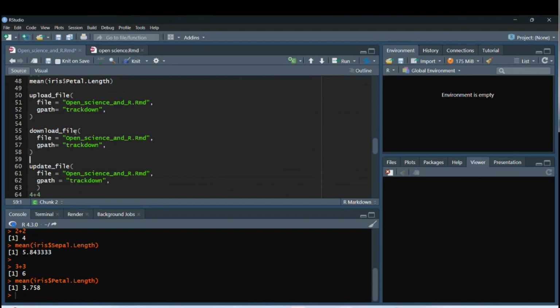If you want to upload your R Markdown to the Google Drive where your collaborators can see, use this upload file function, upload underscore file in bracket, file equal to, within quotes, you have to write the file name of the R Markdown. Whatever your R Markdown is named, just type the name here. And remember to add this .Rmd. That tells it that it is an R Markdown file. In Google Path, gpath,